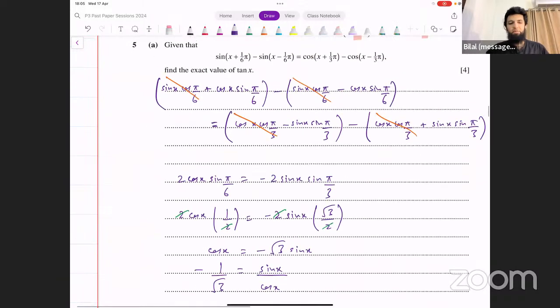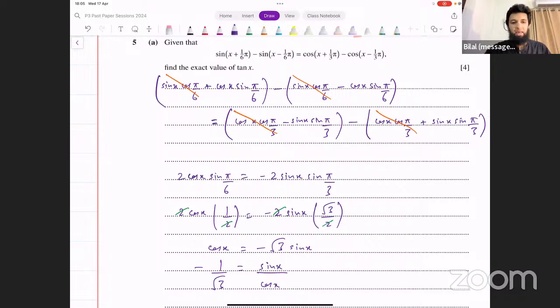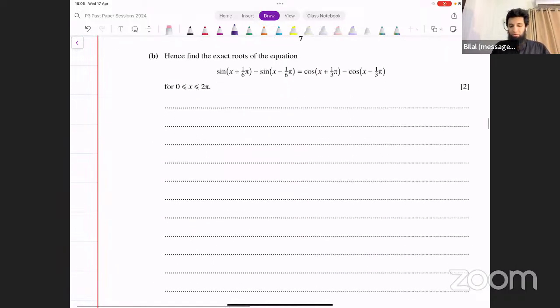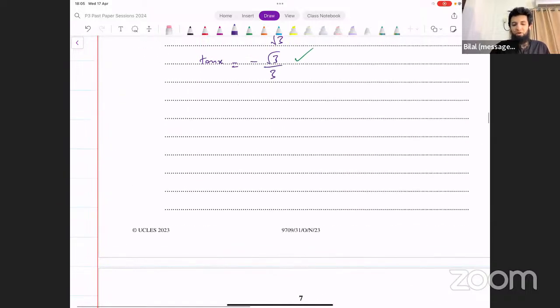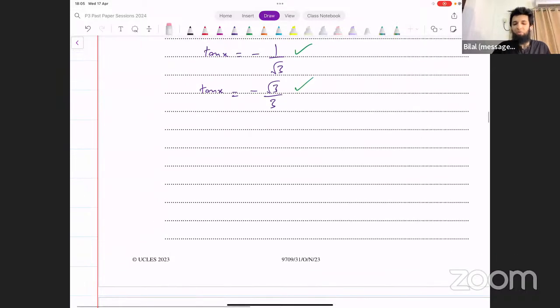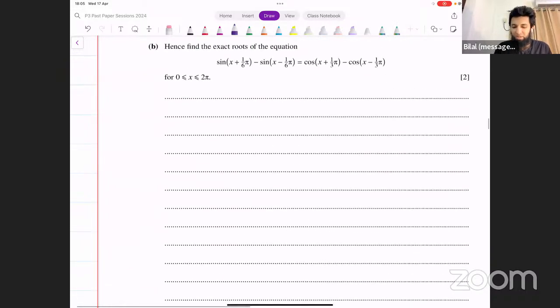Okay, so it's exactly the same equation as before. That means after simplifying all of that, we have already gotten this: tan of x equals minus 1 over under root 3. So we could use that result directly. We could say tan x equals minus 1 over under root 3 and take it from here. Find the values of x